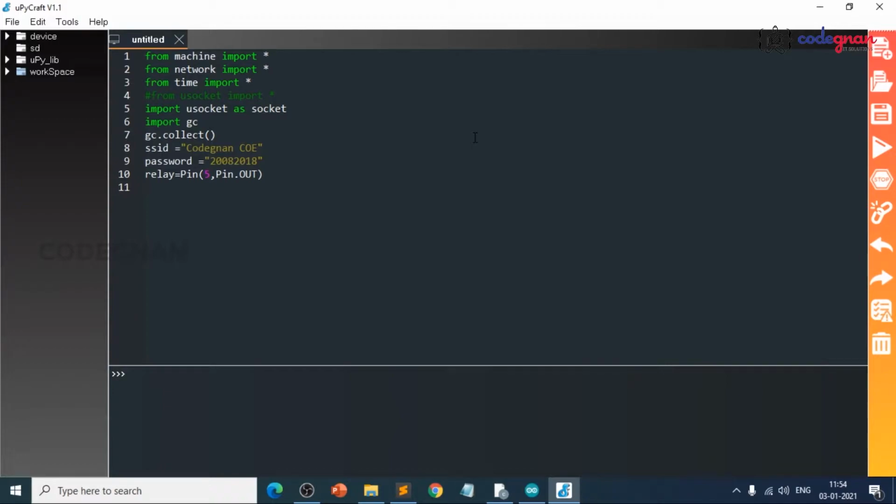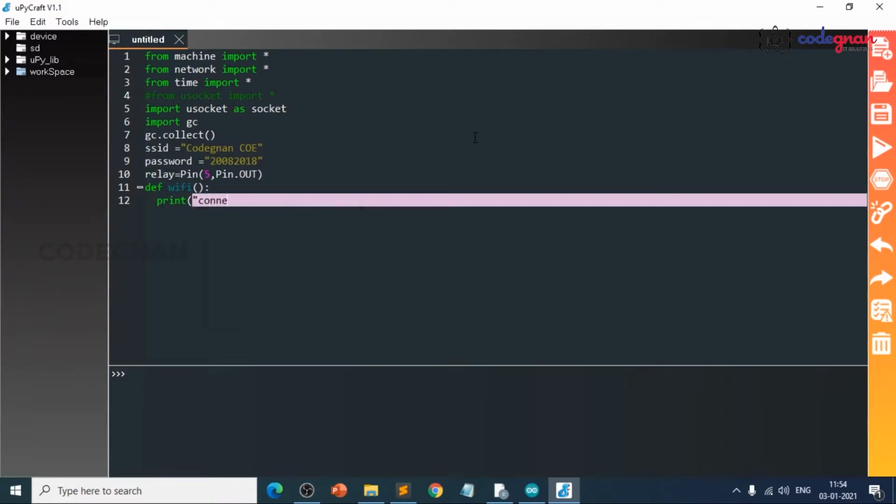And next thing, we need to have Wi-Fi connections. So I will write the Wi-Fi function here, def wifi, and now I will write the Wi-Fi code. Start with a print line: print connecting to Wi-Fi.